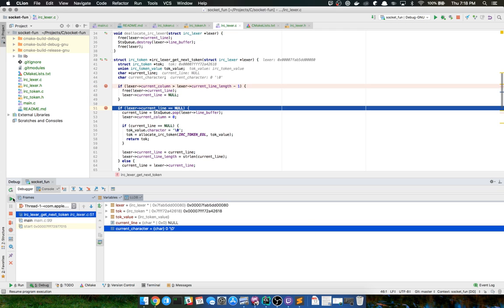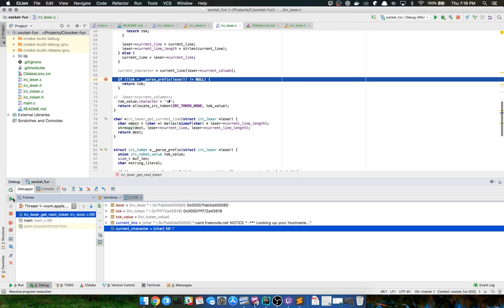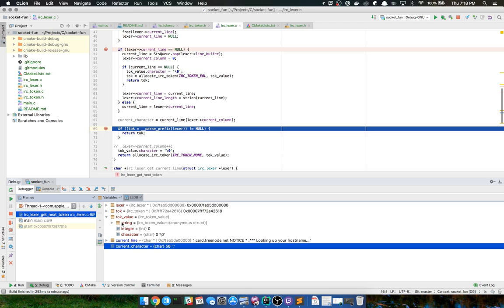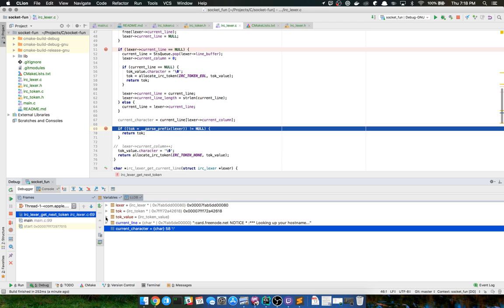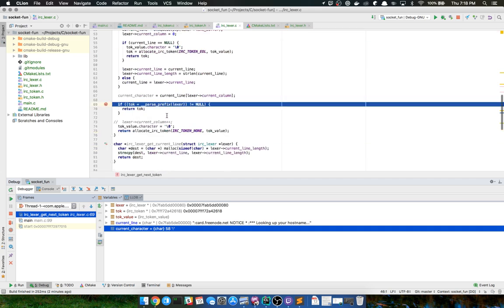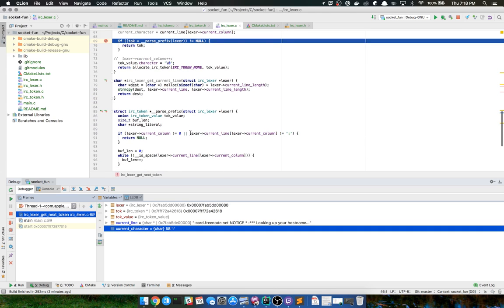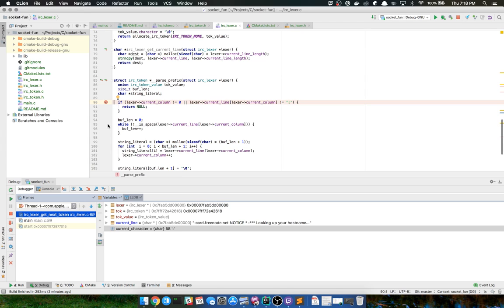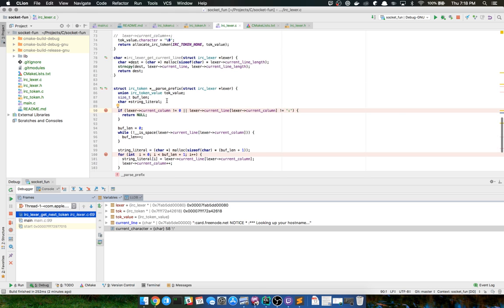Let's run through this. Okay, so I finally get the line here, right? So here's the line that we're looking at. Token is nothing, so that's good. So it should, at this point, start trying to parse this. So let's go ahead and throw a breakpoint in here. And then we'll go here. So let's keep running this.